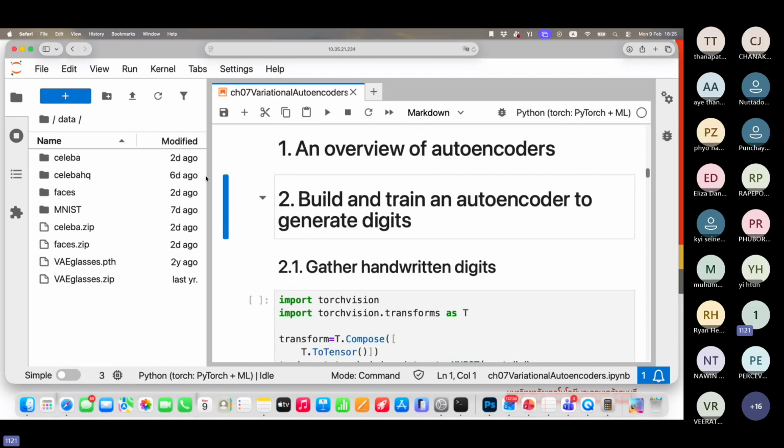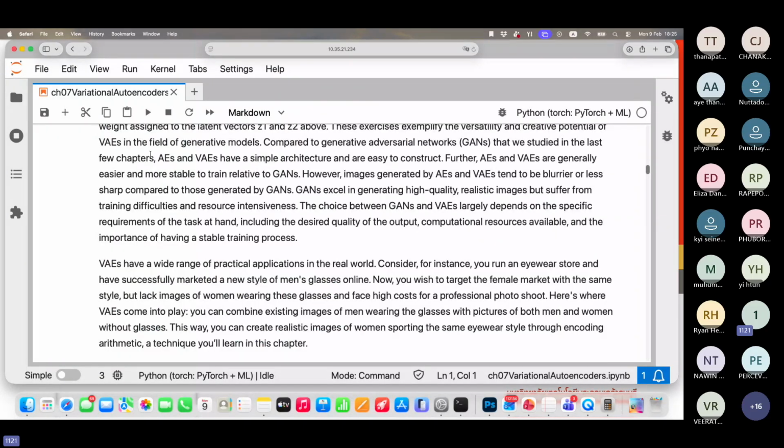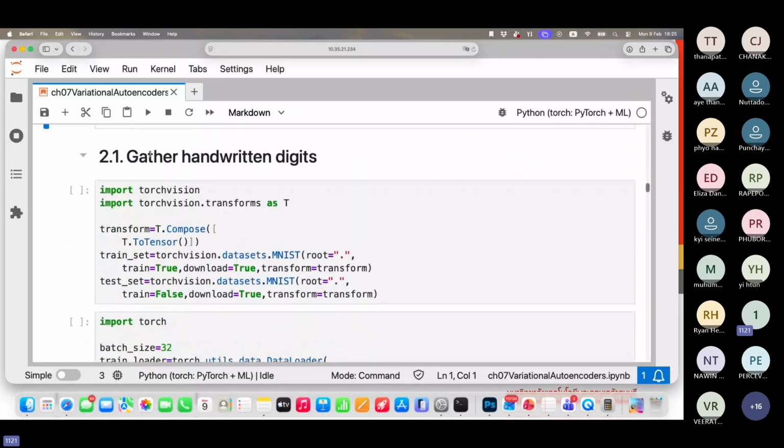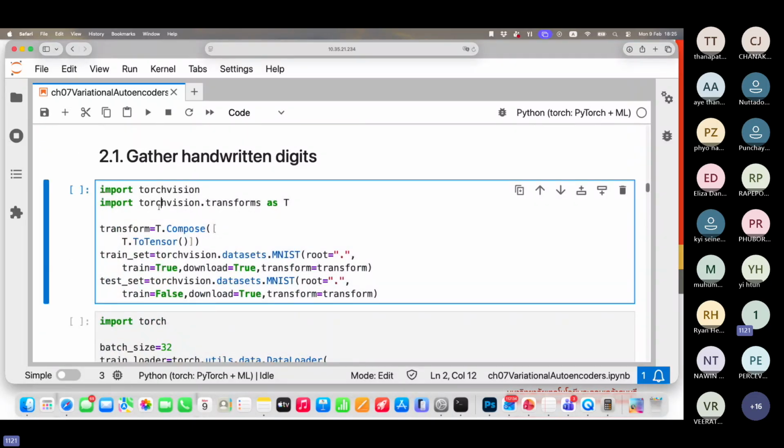Okay, I should click here. All right. Okay, so we start with the network, right? That would compress the data down. Note here,